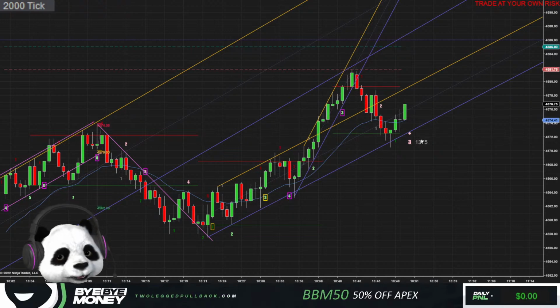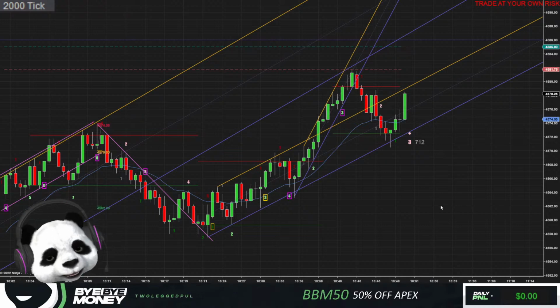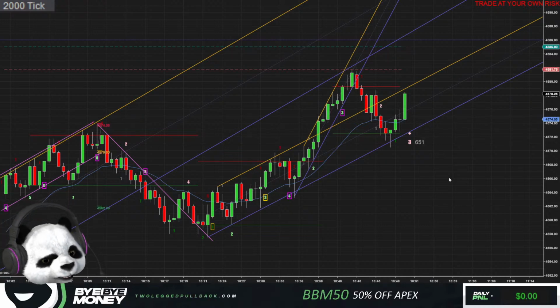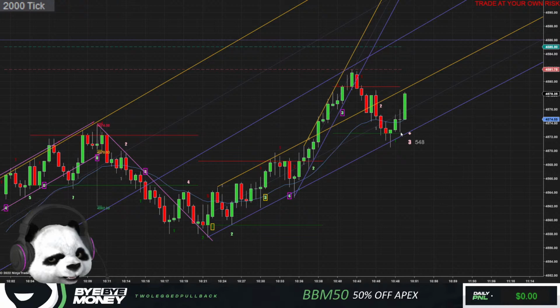So we don't get our setup. Maybe it's a micro double bottom. We just need 1 more tick below for us to enter that trade, but it doesn't. The market was stingy for us right there. Give us a micro double bottom instead of a second entry or a second pullback here. Technically 3rd pullback.